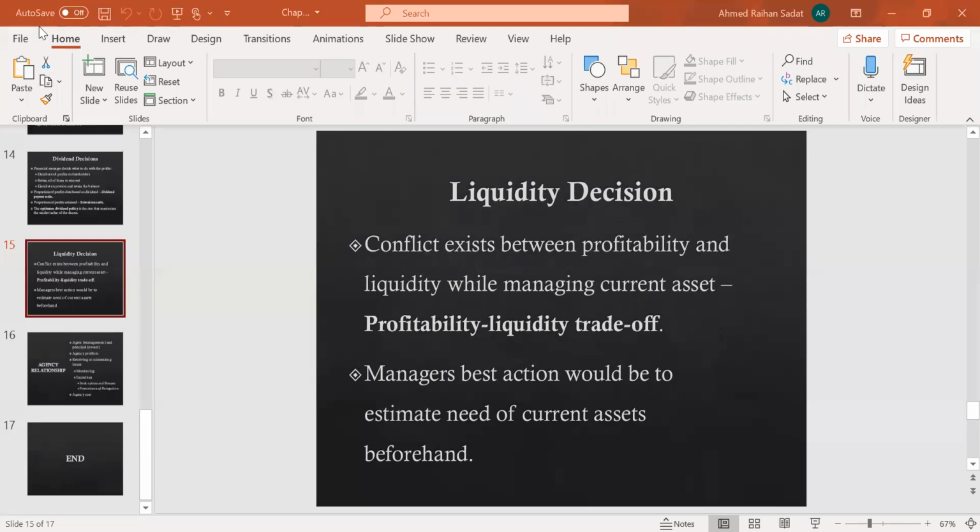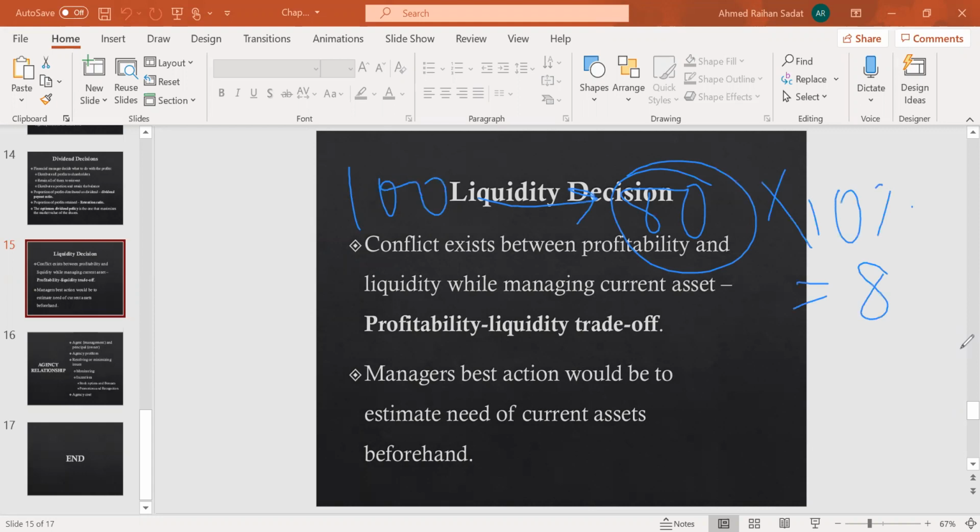Let's say you have 100 taka. Now you thought of taking 80 taka for a new investment, which means on 80 taka, let's say the investment will bring you 10% profit. So on 80 taka, you are earning 8 taka, and the rest, 20, is for the safeguard. You're not spending it, it's in your bank. If some cost comes up, you will pay it with that. So in the first case, you are making 8 taka of profit.